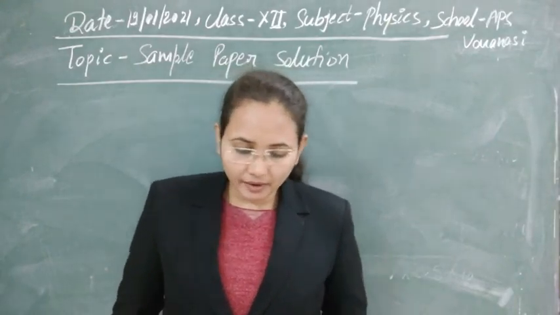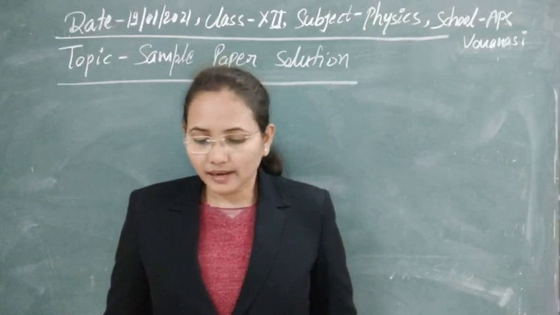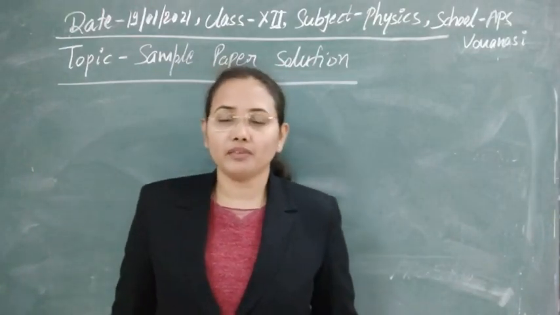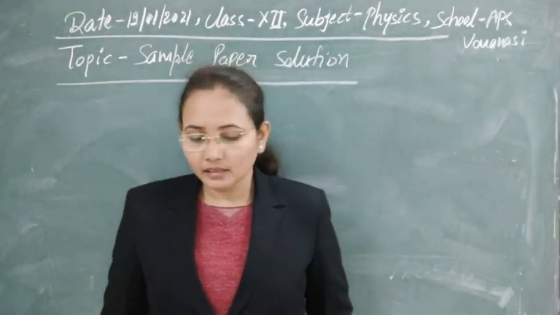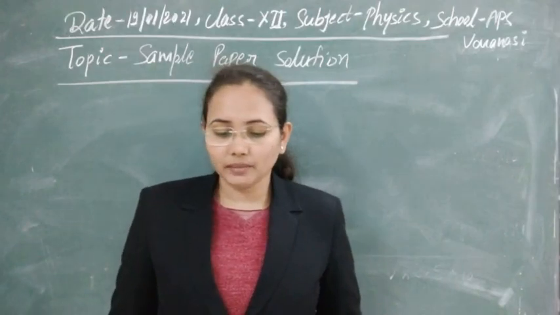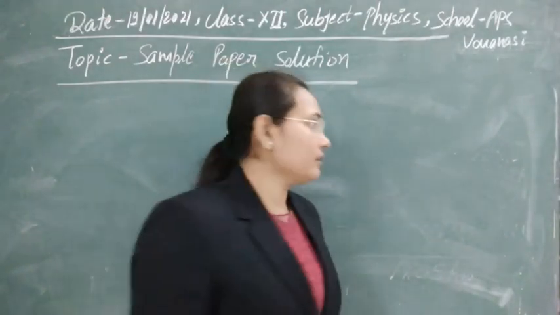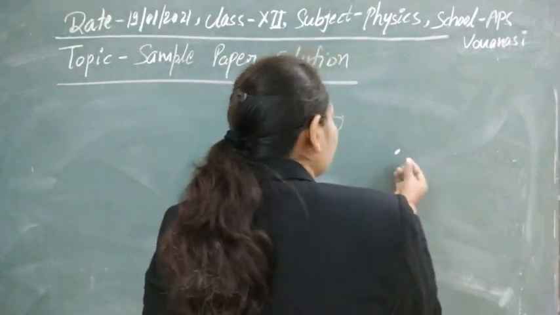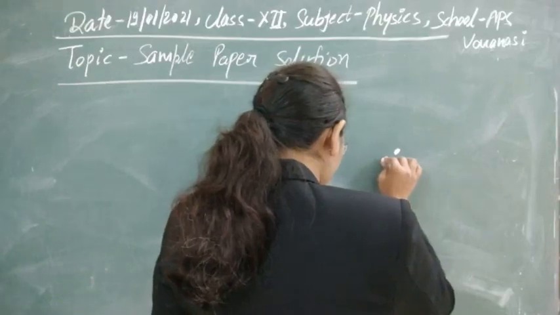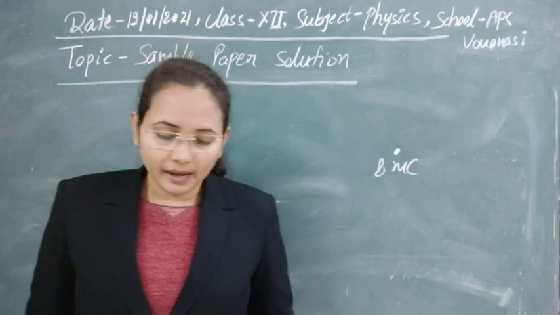So here we discussed 23 questions yesterday. In that section, next is question number 24 that we will discuss today. It is given that a charge of 8 millicoulomb is located at the origin. Suppose this is our origin, a charge of 8 millicoulomb is located here at this point.